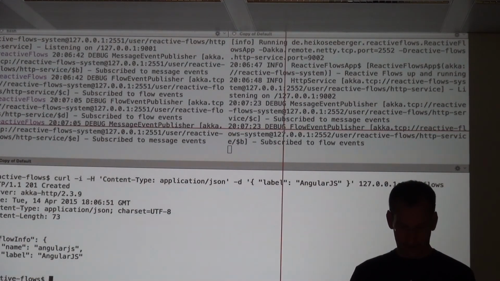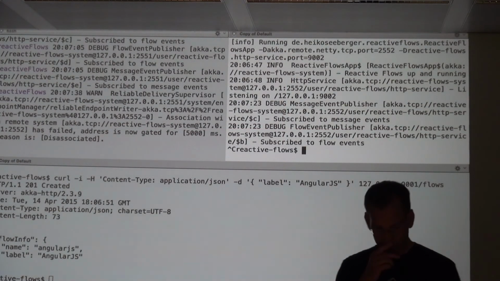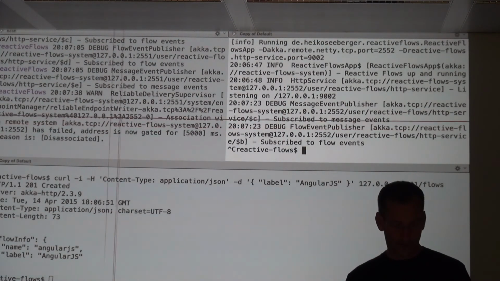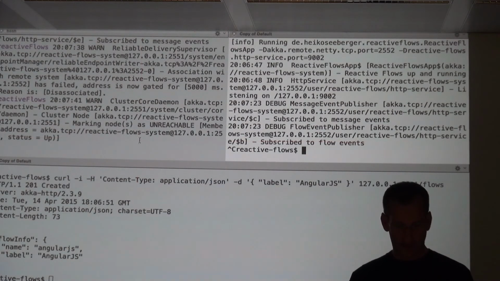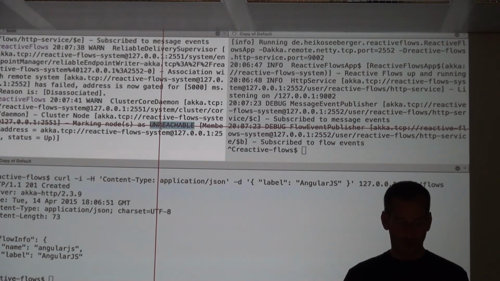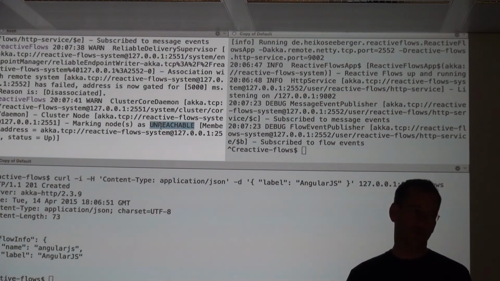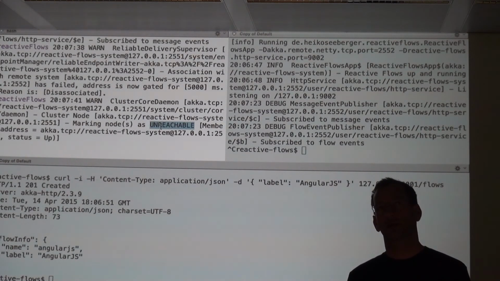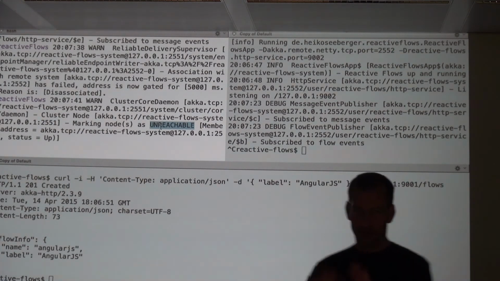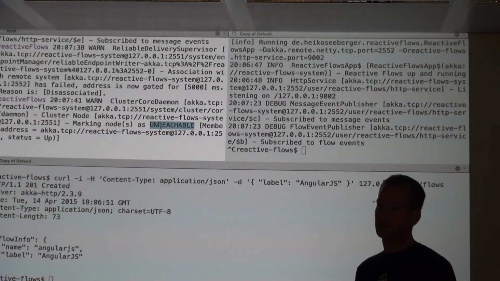So now I will kill that one. And as you can see here, you get this message that the address is gated unreachable. So it's detected unreachable, okay? And the configuration settings I have chosen will result in declaring that node down, dead, terminated after 1 second, okay?